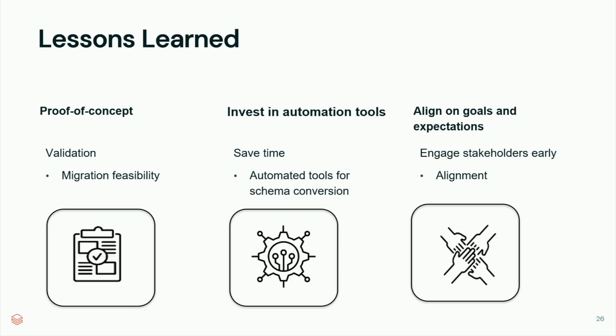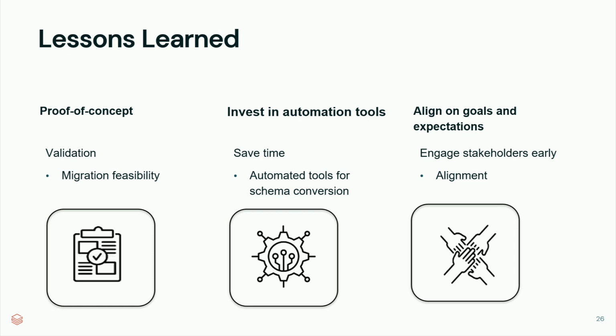I wanted to quickly wrap up with the lessons learned. For the migration, 3 powerful lessons emerged: proof of concept, automation, and stakeholder alignment. A lot of things I have talked about. My guidance is to start with a very focused proof of concept. This allows you to validate the strategy on a real workload, assess performance, and uncover potential issues early in the process,